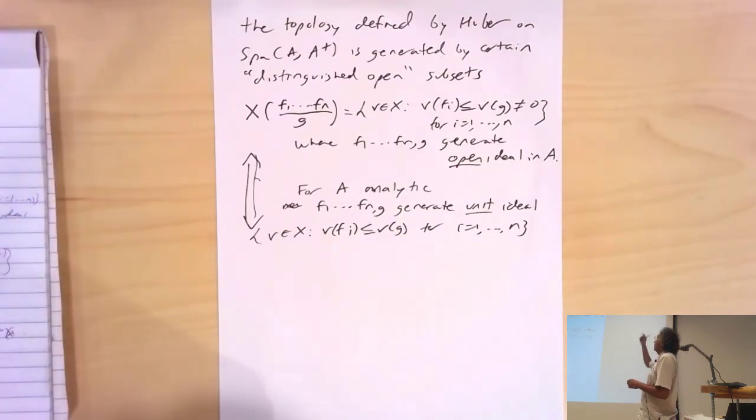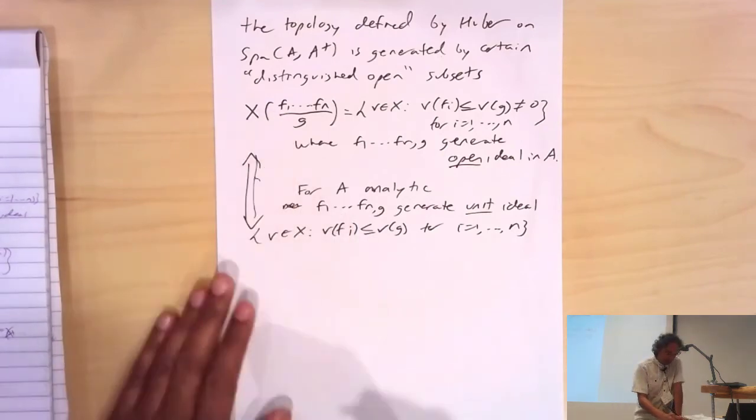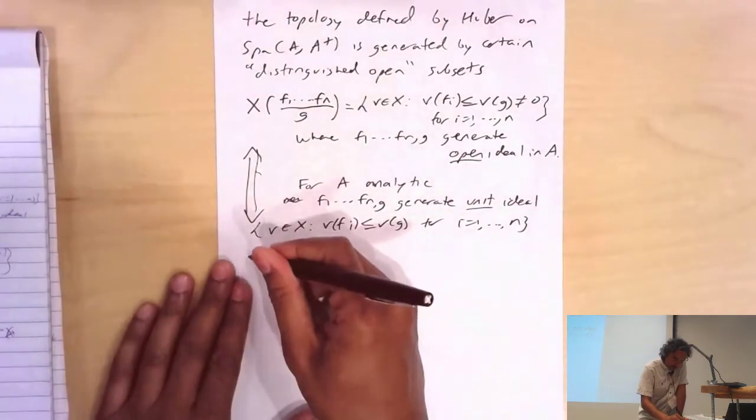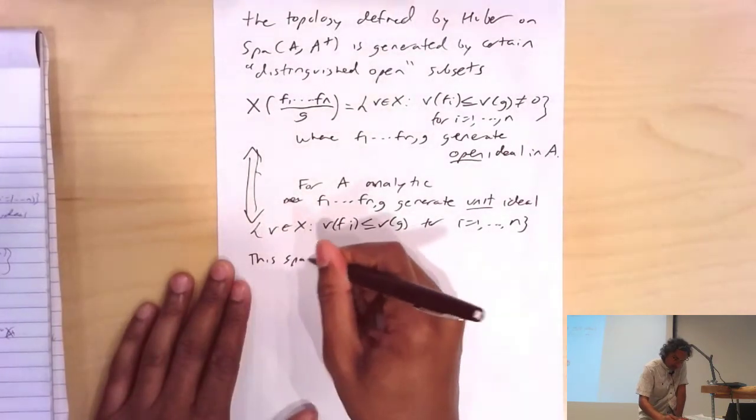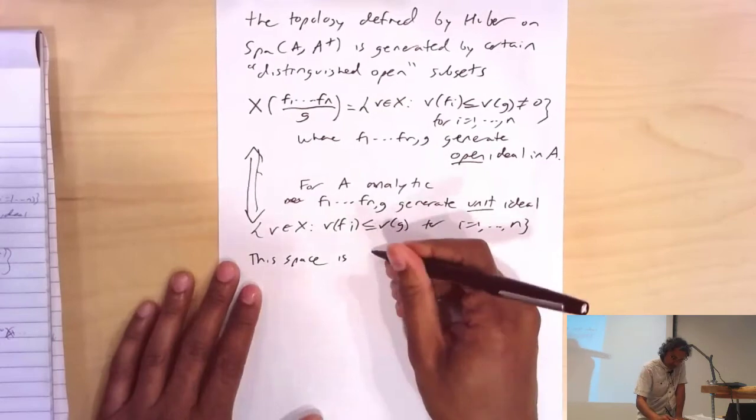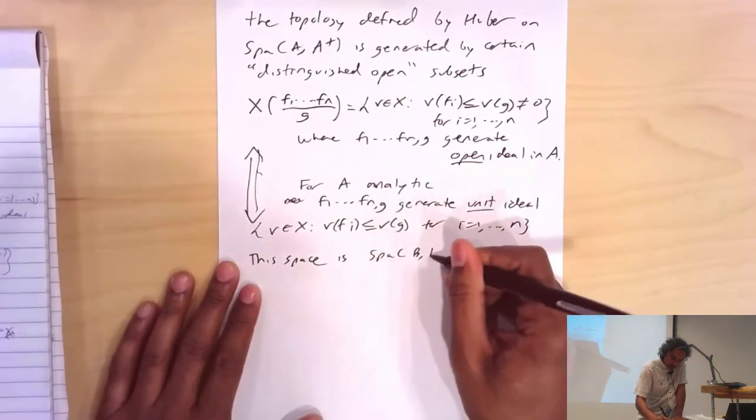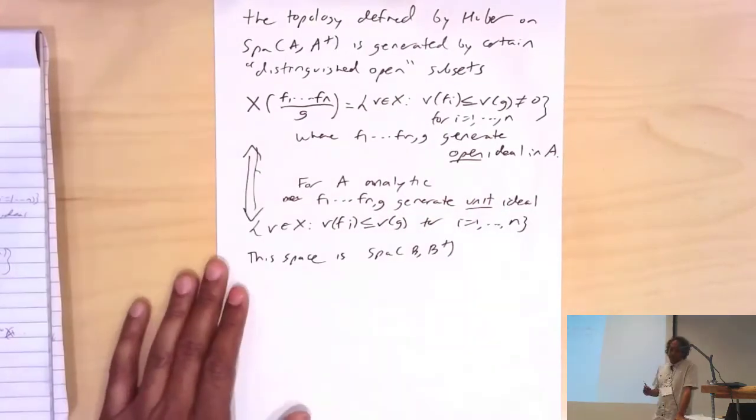So the topology I want to consider is the one where these form a basis of open subsets. And you can check that if you take two of these things and intersect them, then you can represent them in terms of these. This thing will turn out to also have the structure of a spa. I'll tell you why in a moment. So it turns out this space is a spa of some other pair,